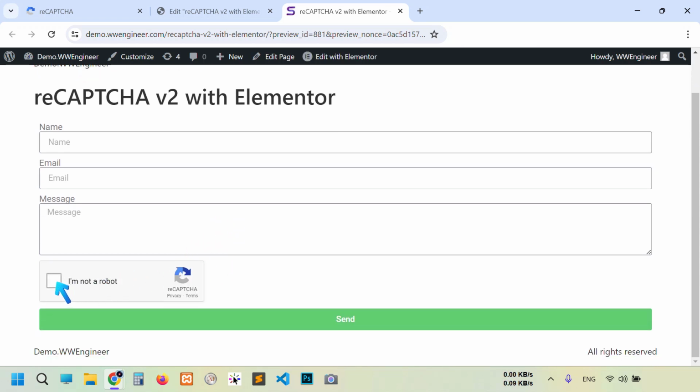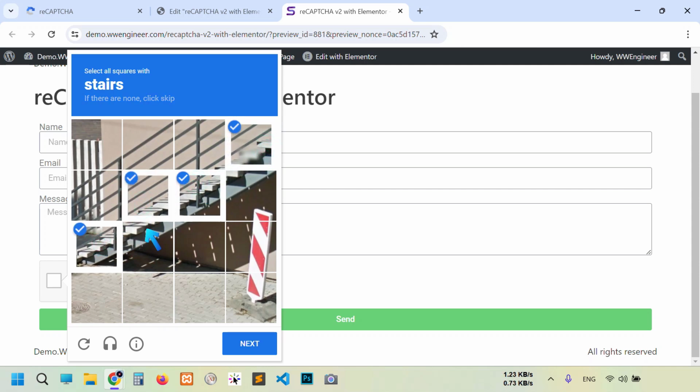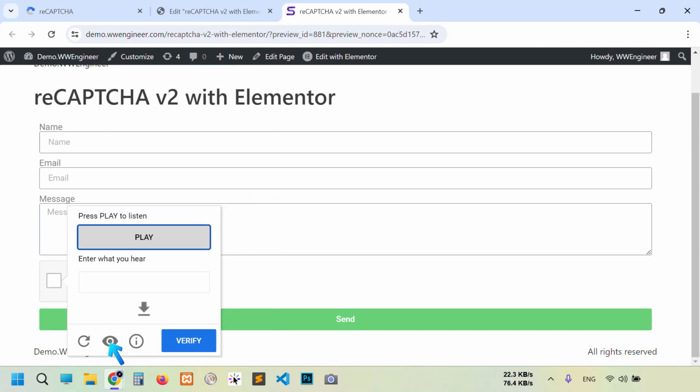So here if I click I am not a robot, then you see it is working very fine. I'm going to select the stairs here. So click all these stairs. Also this one, next. Also we have here audio challenge. This is for the people who have visual disability.